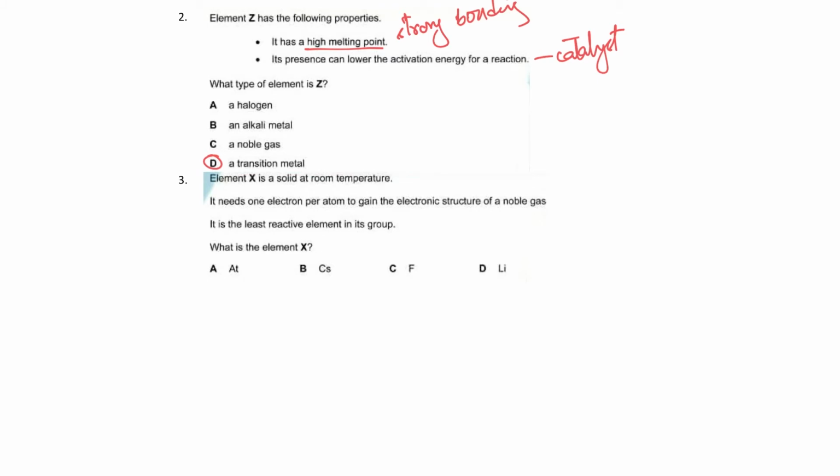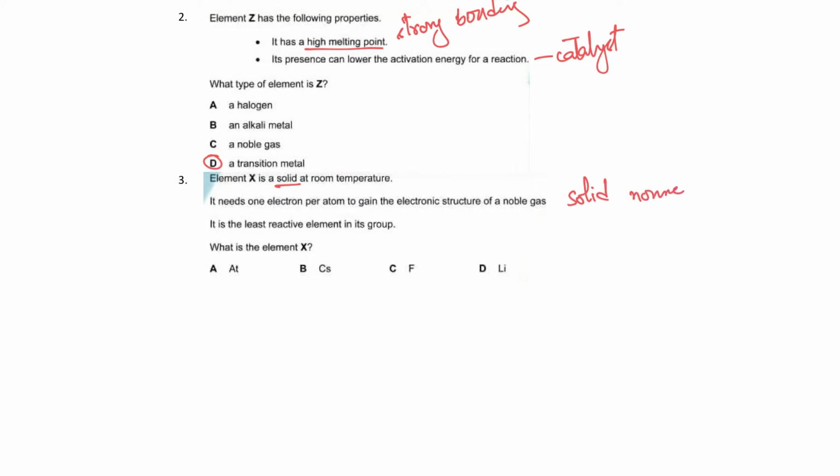Element X is solid at room temperature. Again, bonding is strong. It needs 1 electron per atom to gain the electronic structure of a noble gas. So it's a solid and needs 1 more electron. So it gains an electron, which means that it's more likely to be a non-metal. It is the least reactive element in the group. So this also confirms the idea that down the group, non-metals become less reactive. The reason for that is that the atom becomes really big and it's more difficult to gain electrons. It requires more energy to do that,